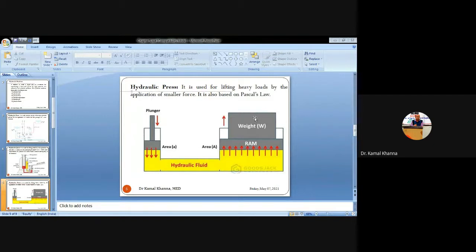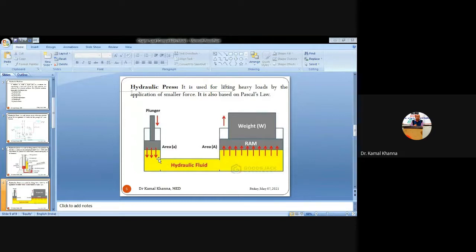These two cylinders are connected at one end by a pipe, and the cylinders and the pipe contain a liquid or hydraulic oil through which the fluid power, or you can say the pressure, is being transmitted. You can see how it works. As soon as you are applying the pressure on the piston cylinder arrangement, you can see the cursor, it is applying the pressure onto this hydraulic fluid. You can see we are using different or varying diameter cylinders here.